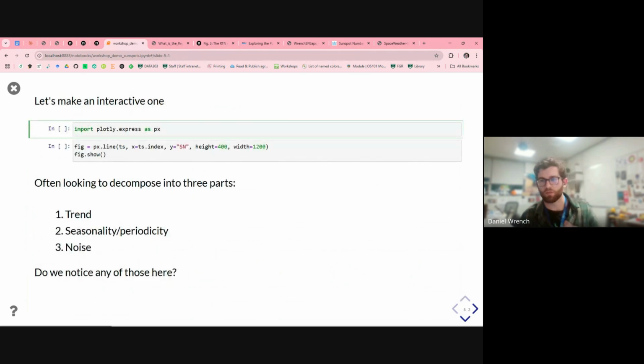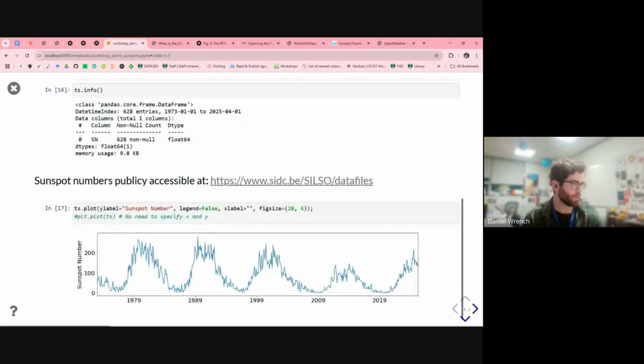Okay, so that was just our initial look at the time series, and you may have noticed that very conveniently you don't even need to specify the x-axis, because if you have that date time index on your data frame, it's very quick to plot the results and automatically render your x-axis and format it appropriately. So that's quite a nice feature of the pandas date time indexed object.